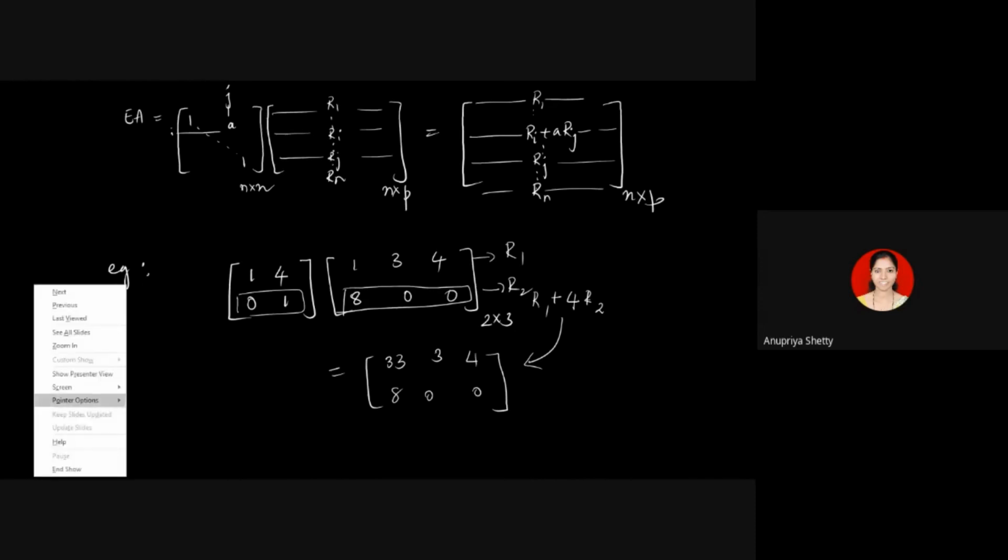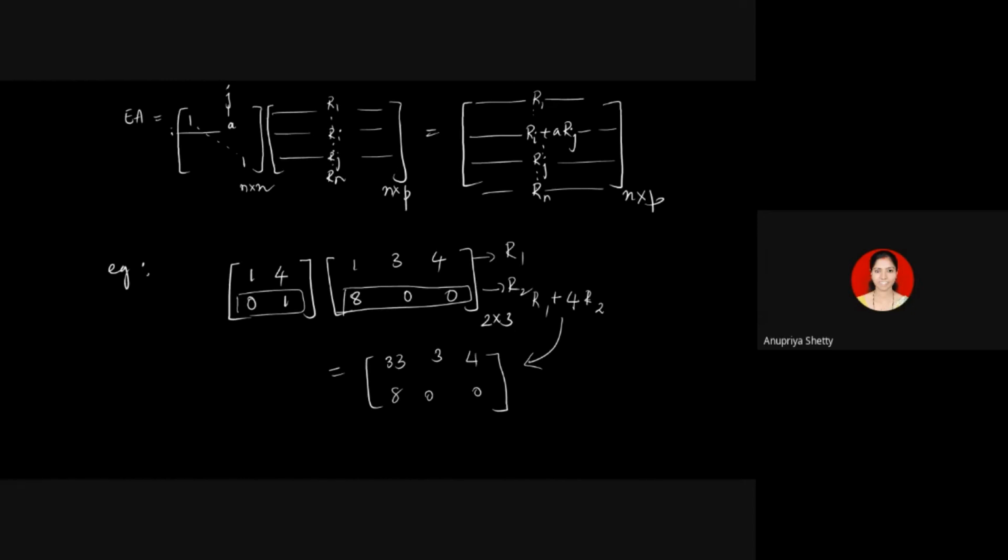What it does on left multiplication to any arbitrary matrix A. I can also quickly have a look at what happens if you take E to be an n by n matrix having 1 everywhere, 0 in the ith place, 0 in the jth place, here 1, here also 1, and everything else the same as the identity. This is the ith place and the jth place. This is type 2.